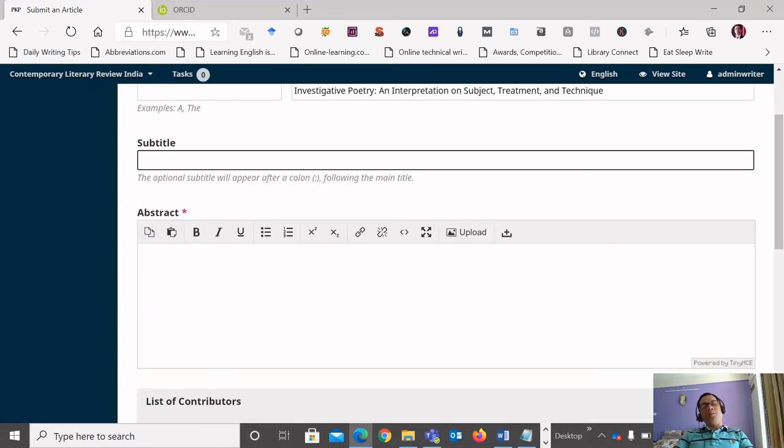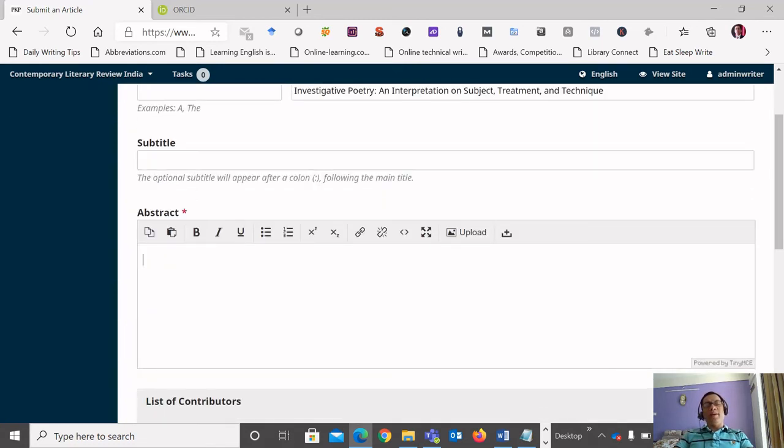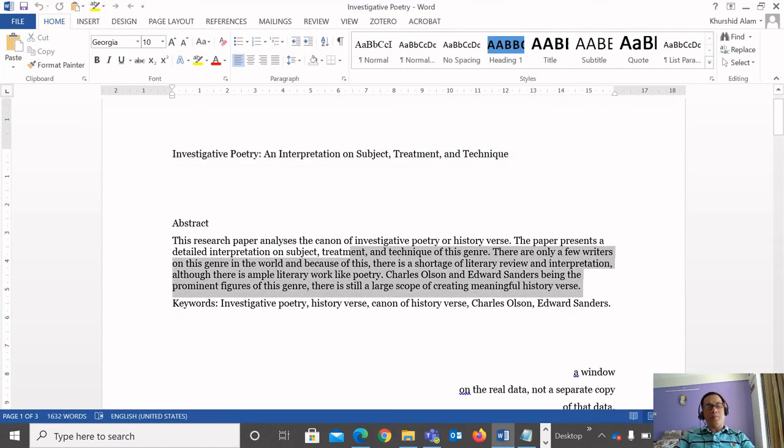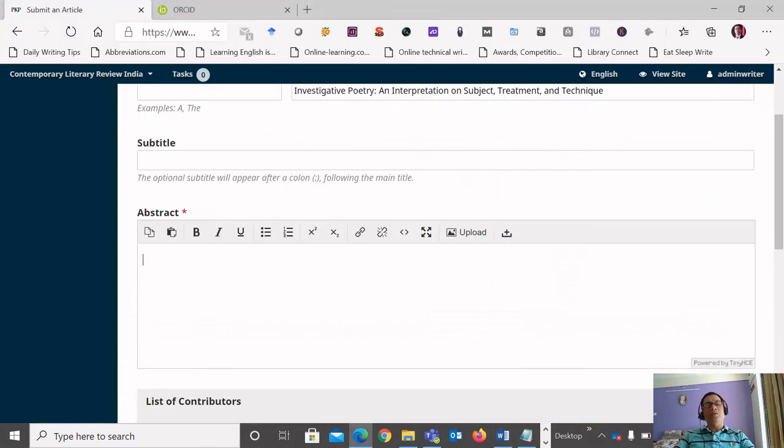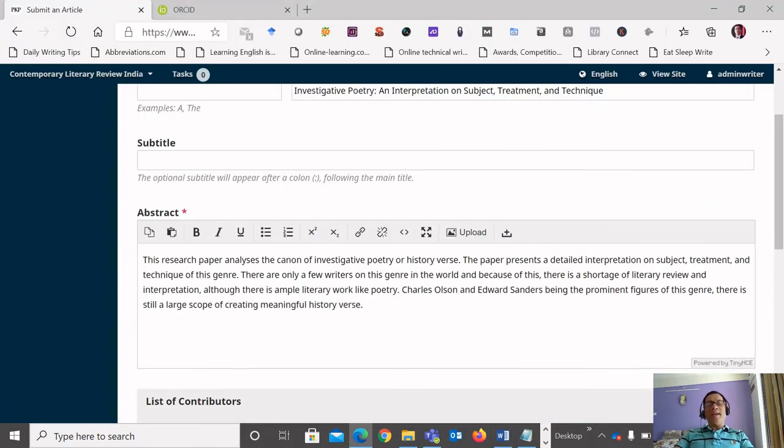Abstract, for research article it is important that you should be including abstract here. So I have already prepared my abstract, must write this abstract here. In case you are submitting a poem or a story or book review where you do not need actually any abstract, then you should better write a poem. Just, I'm showing you an example, a poem by Khurshid Alam.